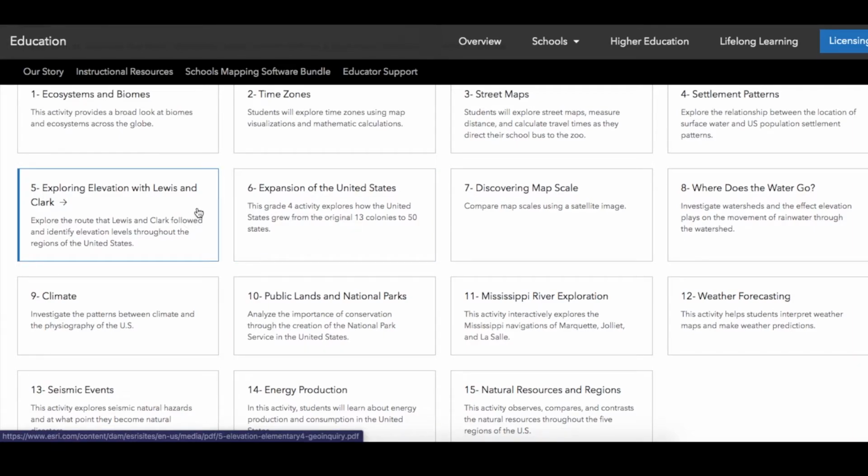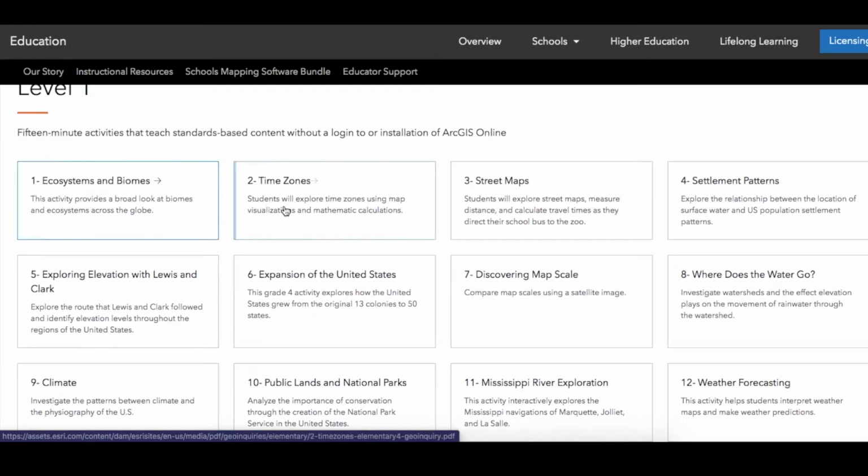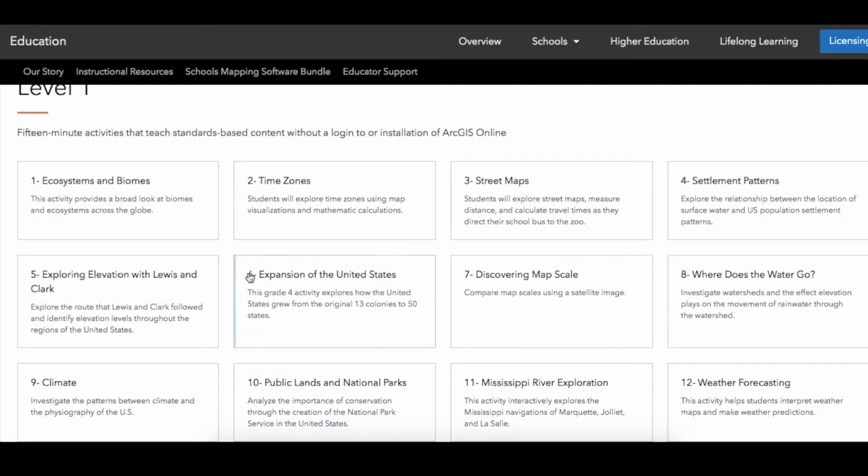We talk about exploring elevation with Lewis and Clark, street maps, time zones, ecosystems, biomes, settlement patterns, where does the water go, weather forecasting. So lots of different areas. This will be a great one with math when we talk about discovering map scale. But we're just going to go ahead and click into one to kind of just begin to understand how these